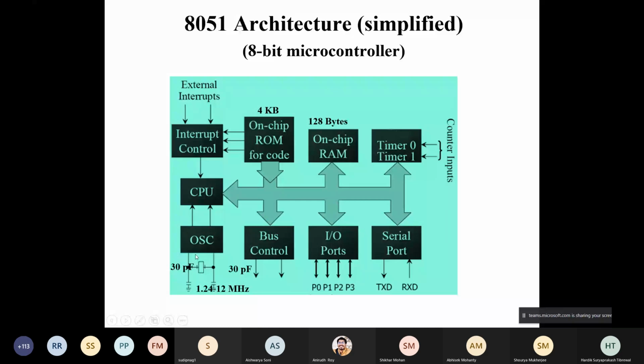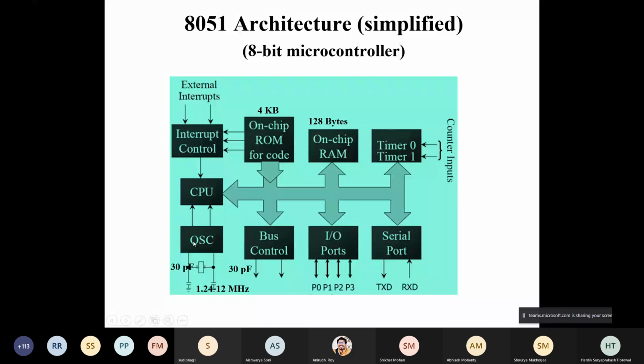The oscillator is the clock generator. There is an external crystal, which could be either 12 or 11.0592 MHz, which I showed yesterday in the last class on one of the PCBs, or it could be 33 megahertz or other standard crystal frequencies. There are two small capacitors here, 30 or 33 picofarad. This capacitance and this crystal, and a little circuit around an inverter or NOT gate, form a crystal oscillator. These three are external components, whereas the oscillator is inside the IC or chip.